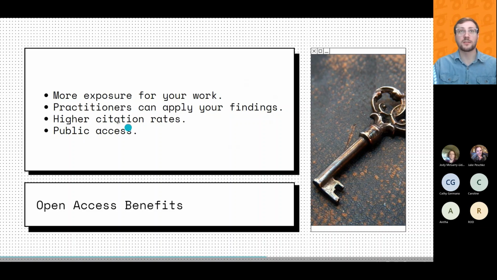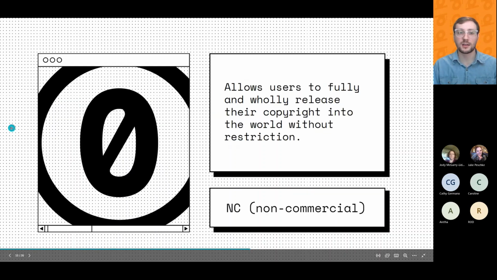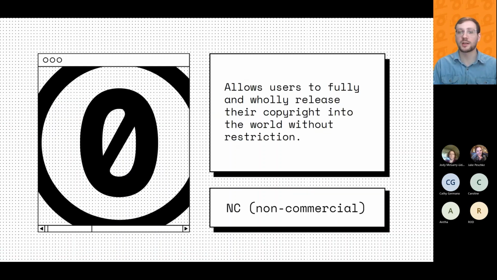For example, if a creator wanted to share their work, but they didn't want other people to adapt it, and they didn't want people to sell the work, they might consider using a CC BY-NC license. So that means Creative Commons, attribution, non-commercial. So the work must be attributed, but it can't be used for commercial purposes.